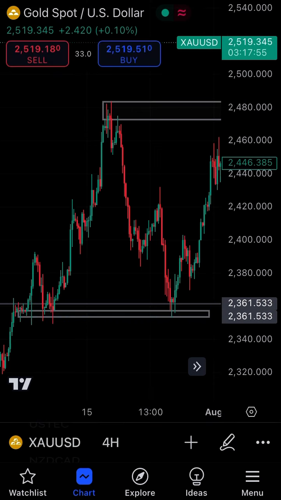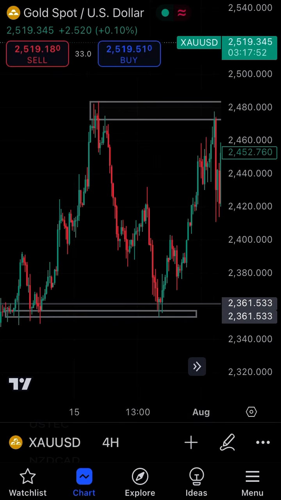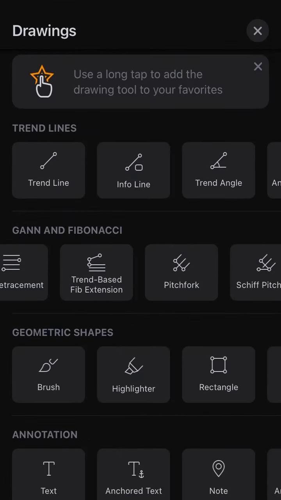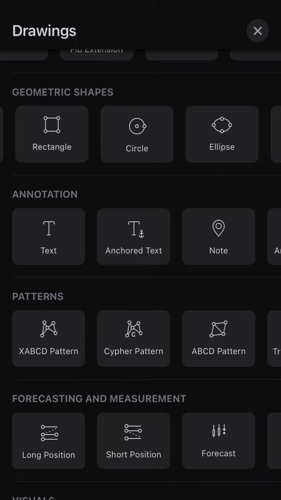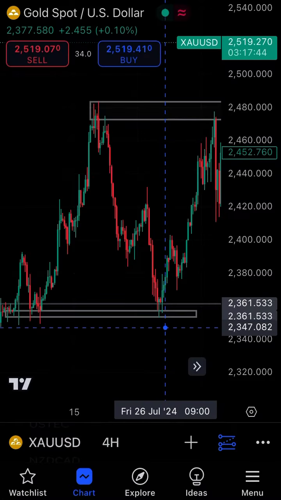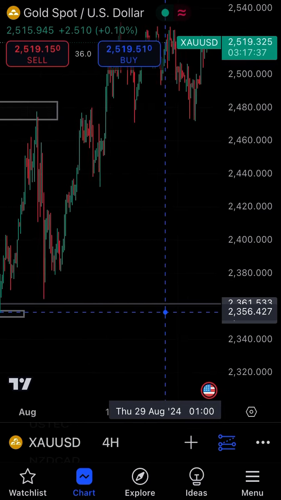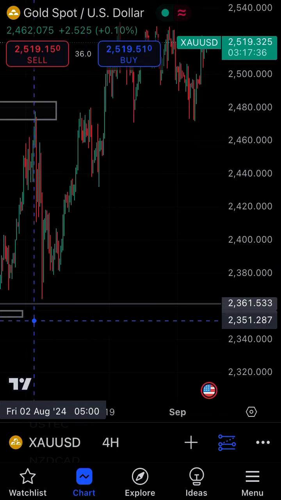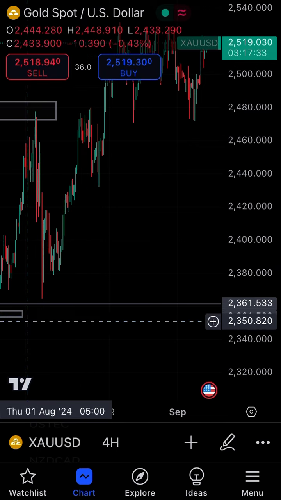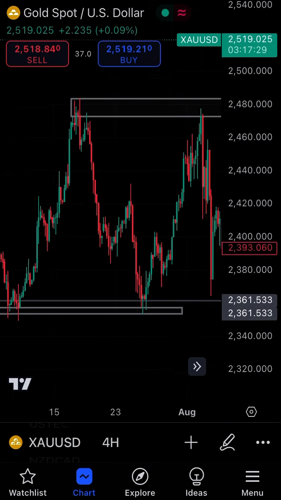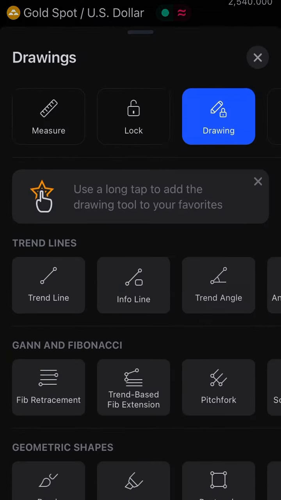So after marking out the zone, we'll wait for price to come back to this level here, and then we'll enter our buy trades. Sorry guys, we'll wait for the market to come back to this zone, and then at this level you can notice the